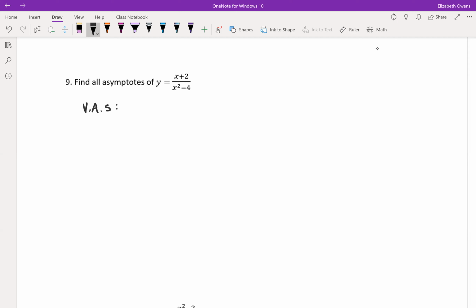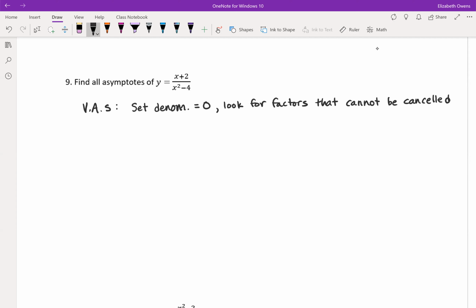So remember, for vertical asymptotes, you are going to set your denominator equal to 0 and look for factors that cannot be canceled. Things that can't be canceled out,